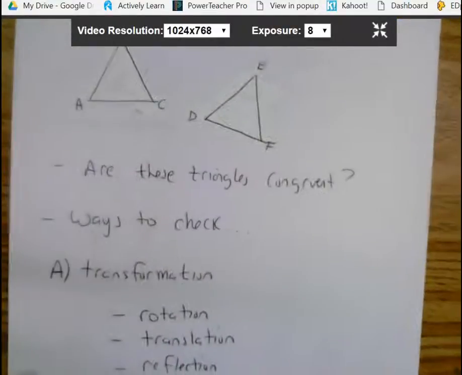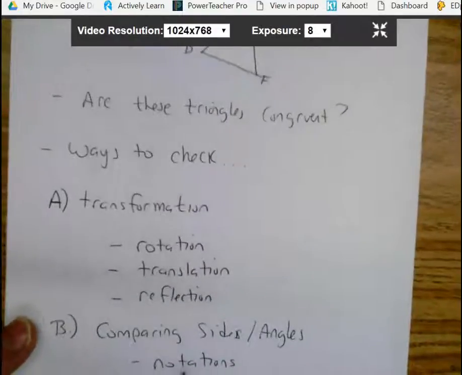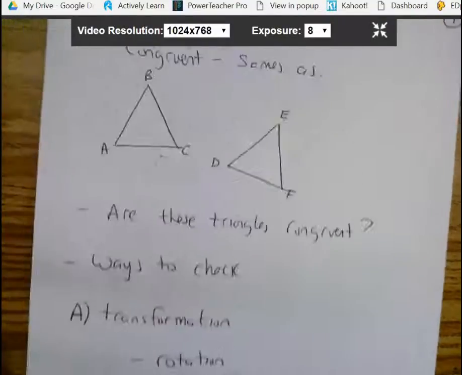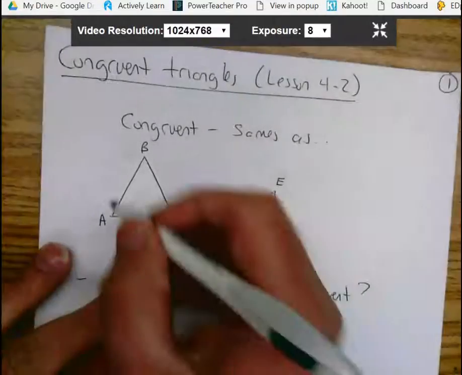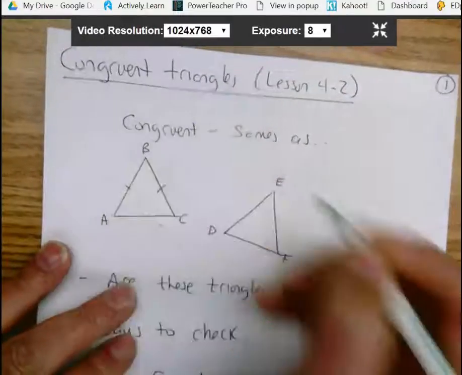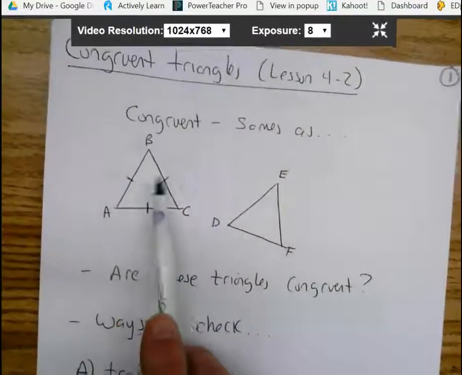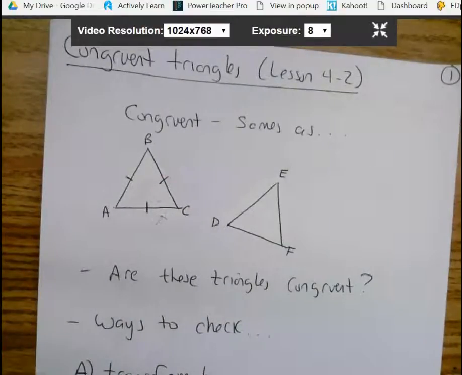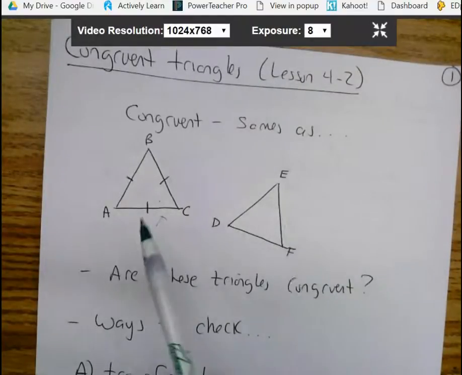But also we can use something else, and that's comparing sides and angles. And a lot of times you'll see in geometry they use notations to do that. So let me show you what we're talking about here. So you might see a single triangle. It might have some notations on it, like we might have a line here, and maybe even a line there. Okay, and that would tell us that these dash marks here are all the same. And what that means is that each one of these sides are the same, and we could call that an equilateral triangle. But also we can use these same kind of marks to help us with seeing whether two different